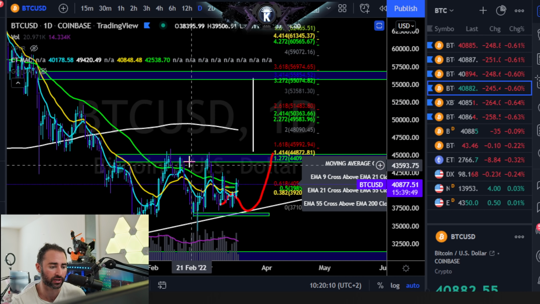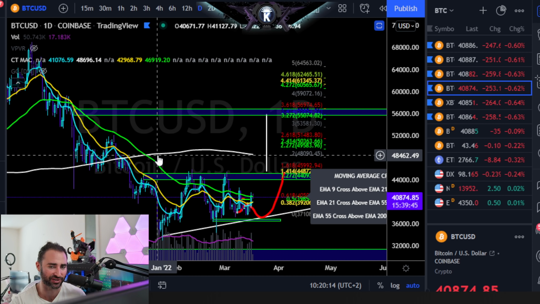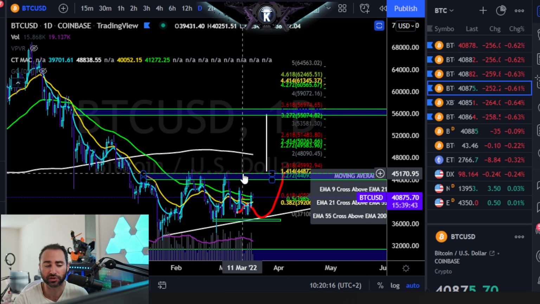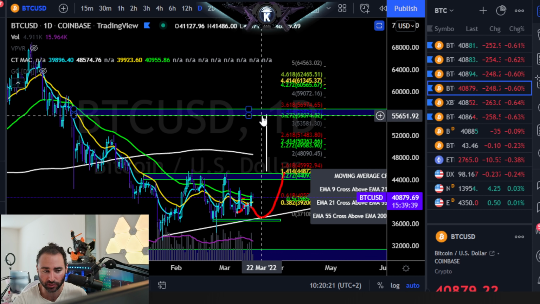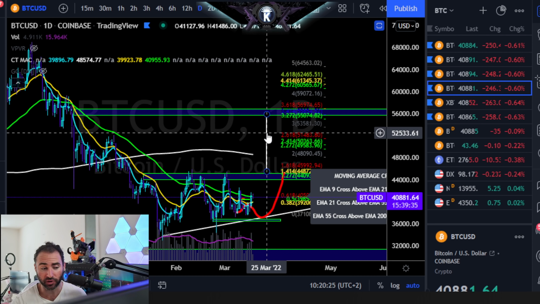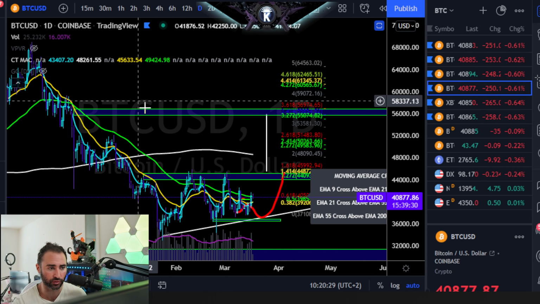So that would be your reaccumulation in this case, or just accumulation actually, because we haven't really had the re part just yet. And of course, the confirmation on that formation would be above about $44,500 on a daily, which has a natural technical target all the way up here, which is just under $56,000. You'll also notice that this is exactly in line with the 3.272 Fibonacci extension, so good natural confluence